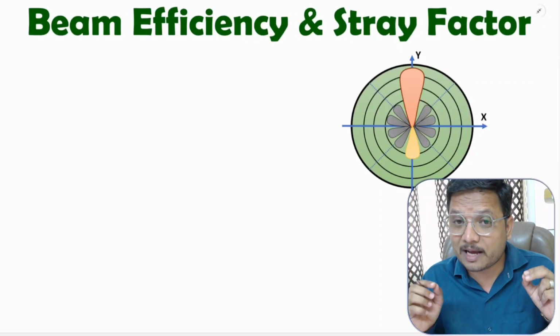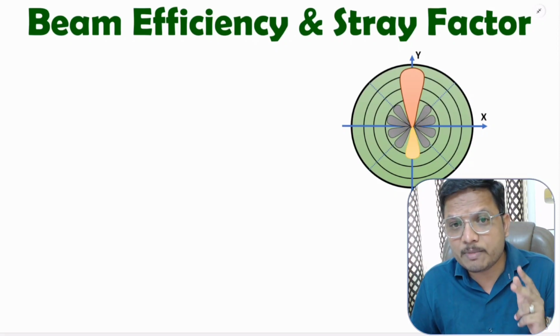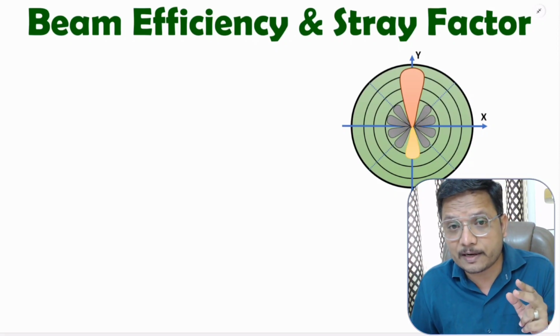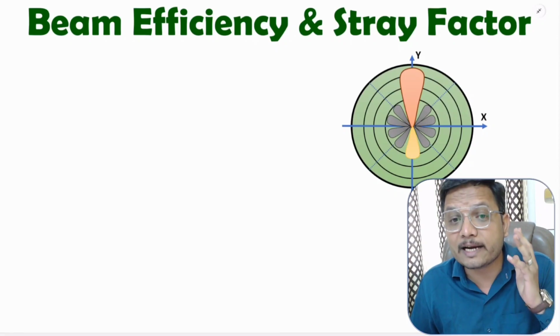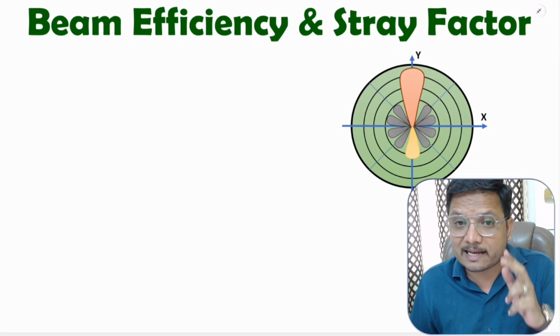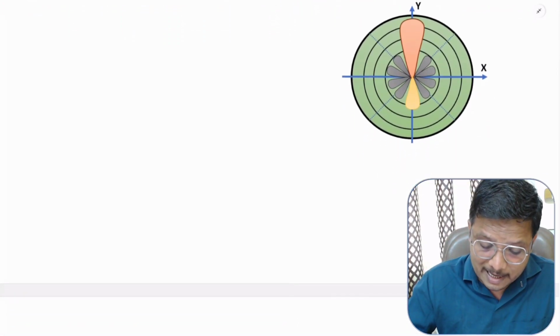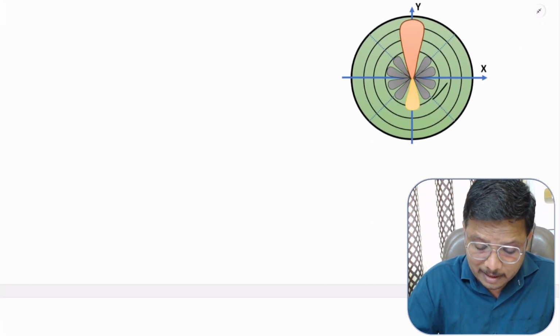In this video, I'll explain beam efficiency and stray factor of antenna. To understand beam efficiency and stray factor of antenna, you need to understand the radiation pattern of antenna. Here I'll be considering the directional antenna's radiation pattern. You can observe here we have a directional antenna's radiation pattern, which I have already explained in